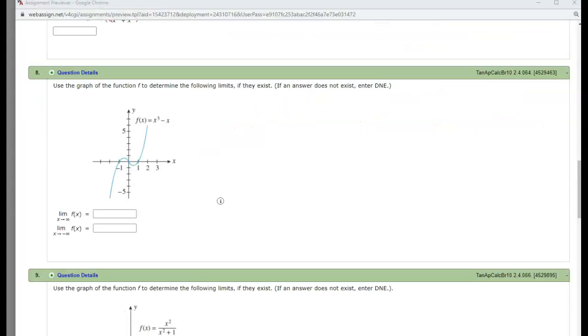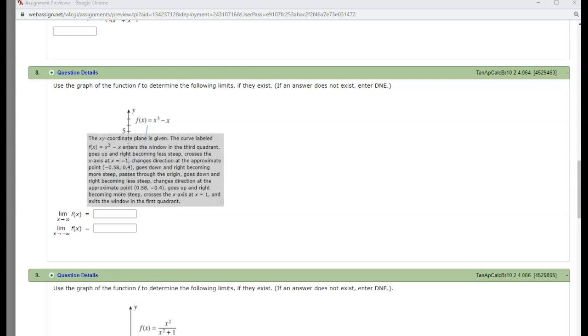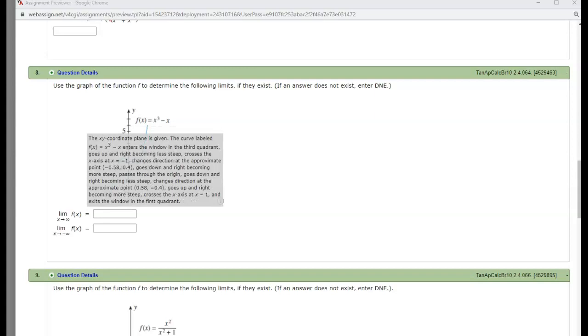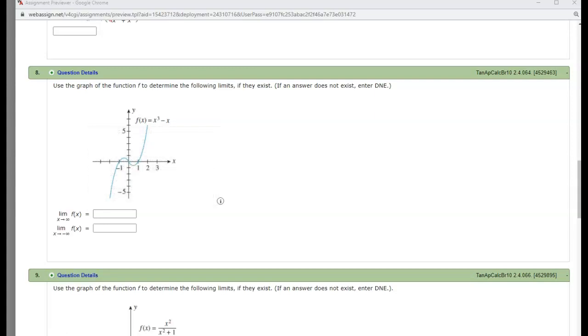For the next problem, they give me a graph. And the best answer when you're looking at a graph like this, for me, the limit as x goes to infinity means as x goes to infinity this way, what happened to the y? Well, it looks like y is also going off to infinity. So positive infinity was the best answer for me. But WebAssign accepts D and E. So D and E for these graphs. So both of these going off to negative infinity is also going off to negative infinity. So D and E would be the best answers for